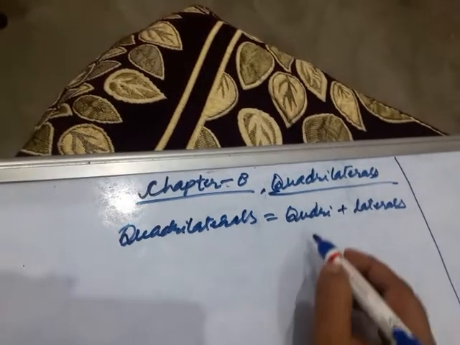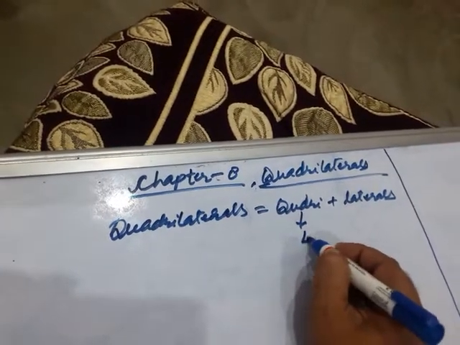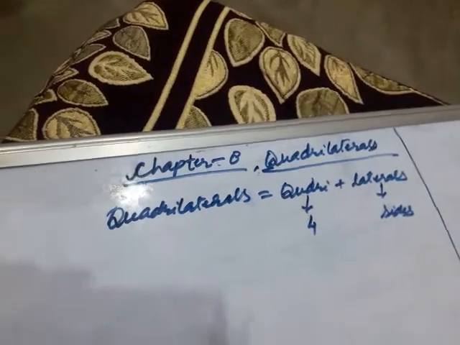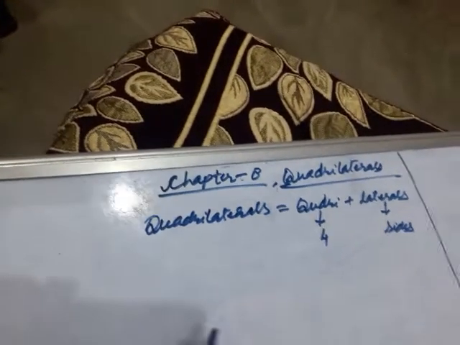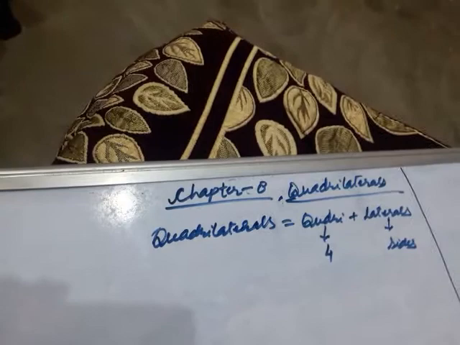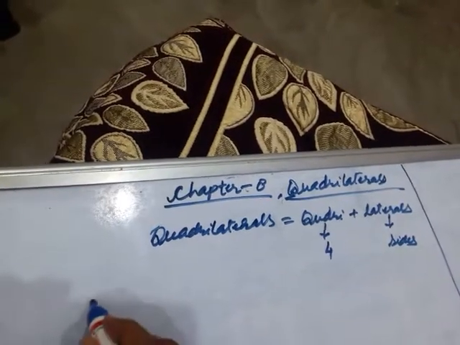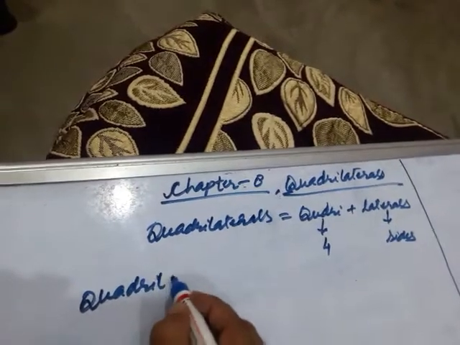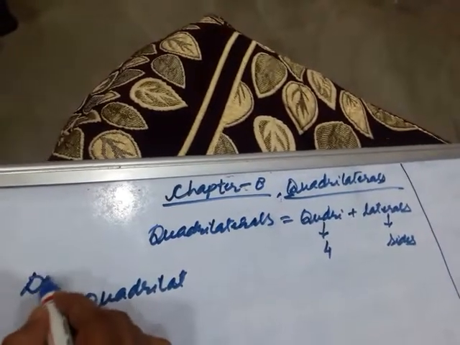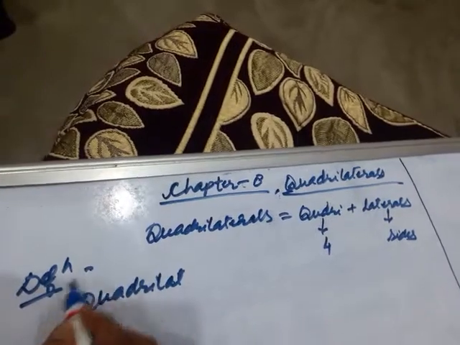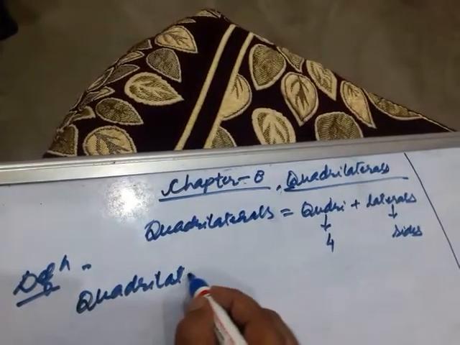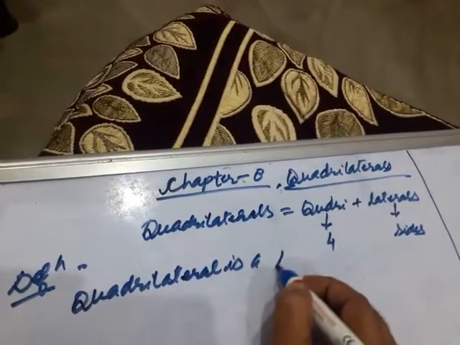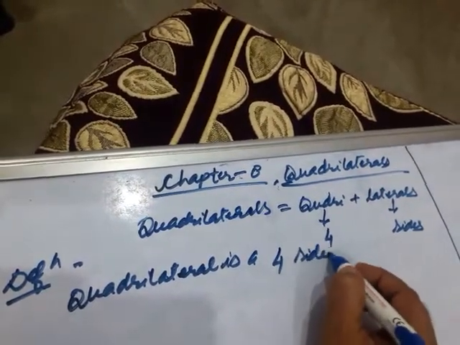Quadri plus laterals. Here quadri means four, and laterals means sides. So geometrically we can define it as a four-sided polygon. This is the definition of a quadrilateral: a quadrilateral is a four-sided